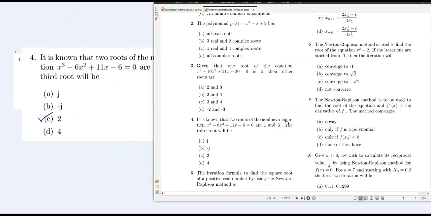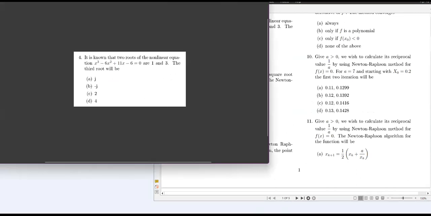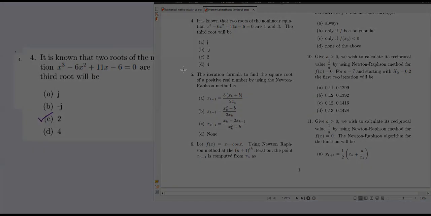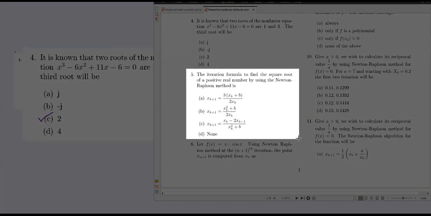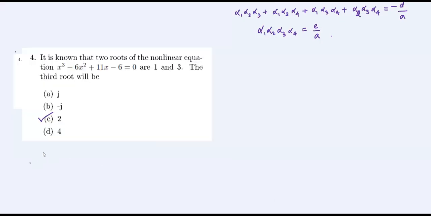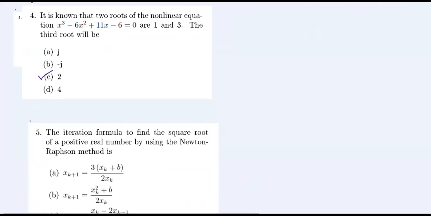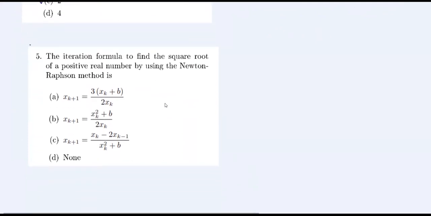So far all were nothing on the 4 methods that we discussed. Now comes the questions on the 4 methods. So the iteration formula to find the square root of a positive real number by Newton-Raphson method is,